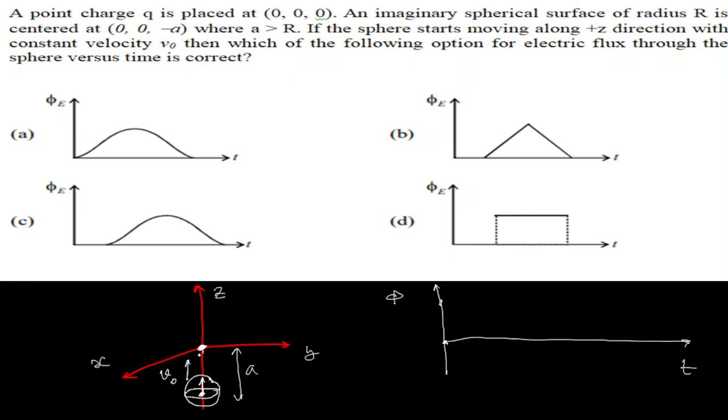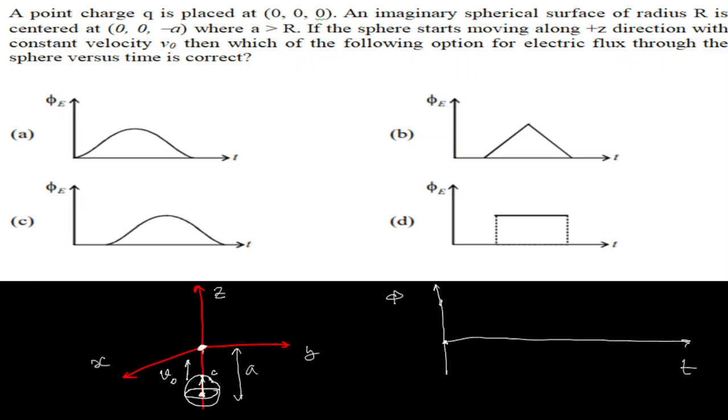Then this sphere will start moving in the upward direction, so the center will shift. After some time, let's say this point is C. Until this point C crosses the origin, the total charge enclosed by this surface will be 0, because the charge is at the origin. Until the charge lies outside the sphere, the total flux through it will be 0. But as soon as the charge comes inside the sphere,